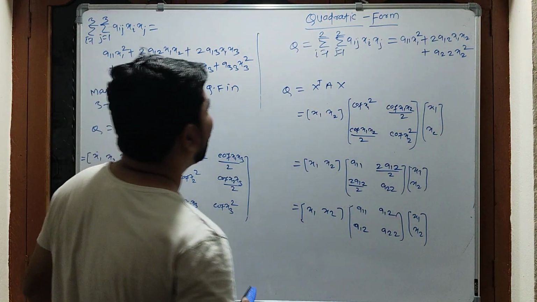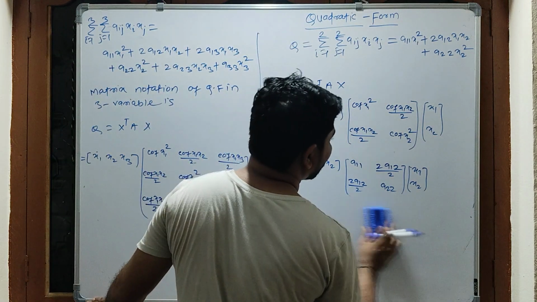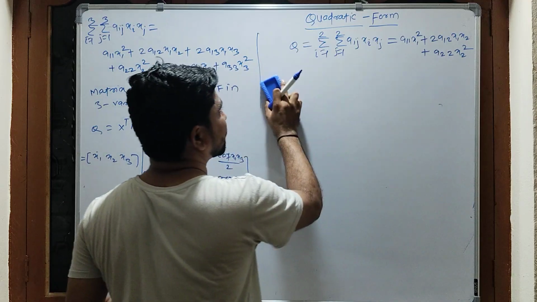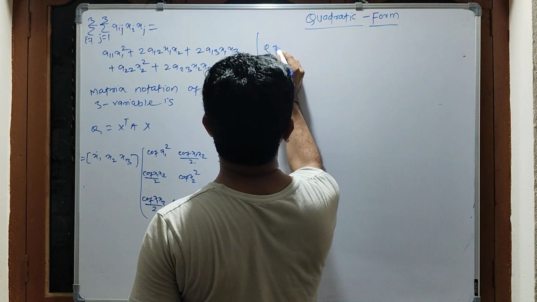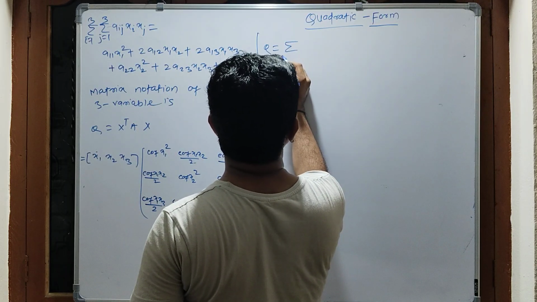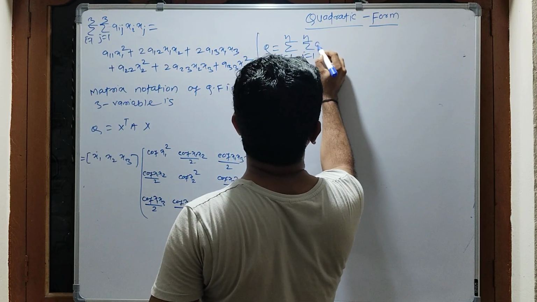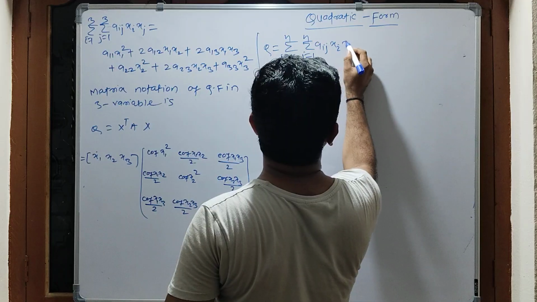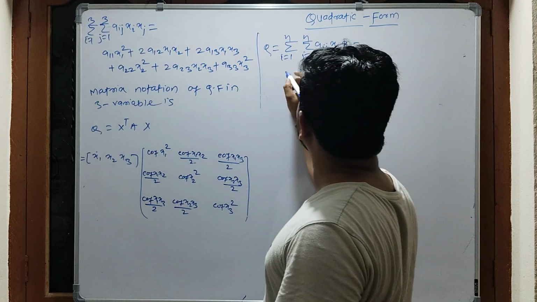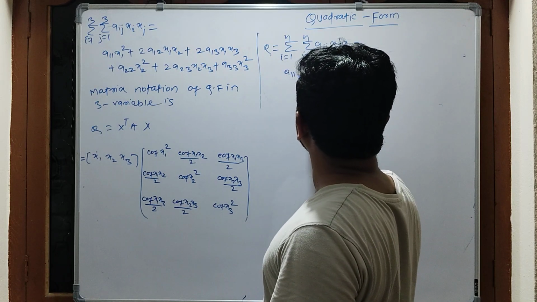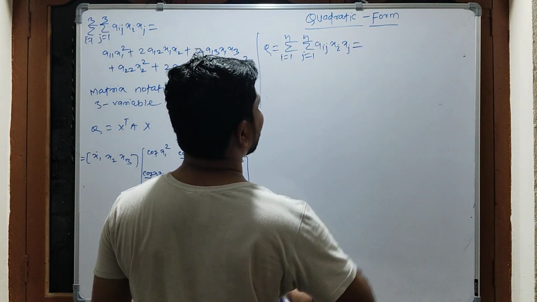So now, how to write the matrix notation for the quadratic form in 4 variables. Most of the time, up to 4 variables they will ask in the exam. So for 4 variables, again I will write q equal to summation i running from 1 to 4, summation j running from 1 to 4 of a_ij x_i x_j, which is equal to, writing row wise, a11 x1 square plus